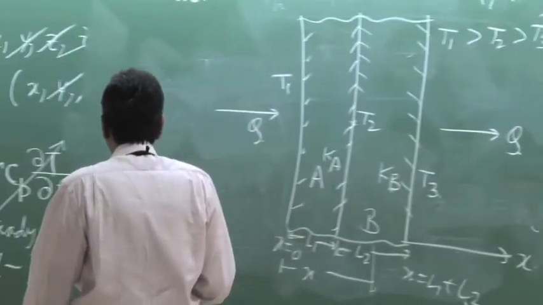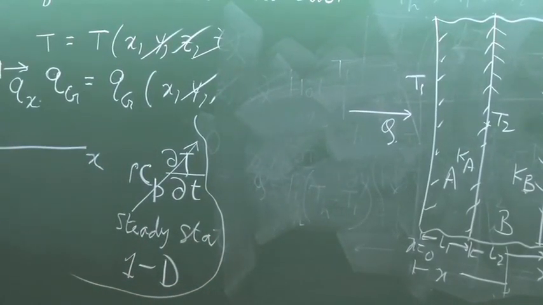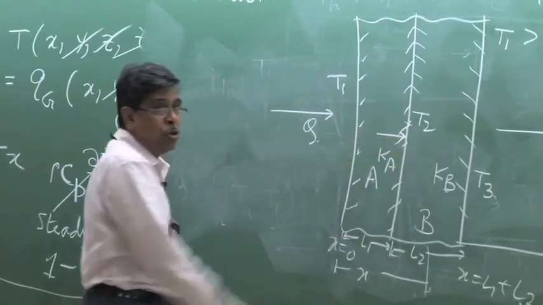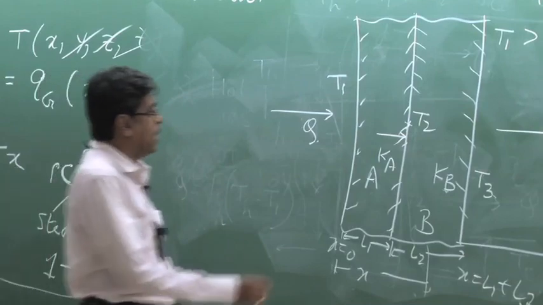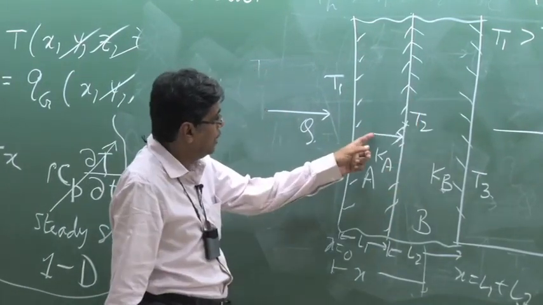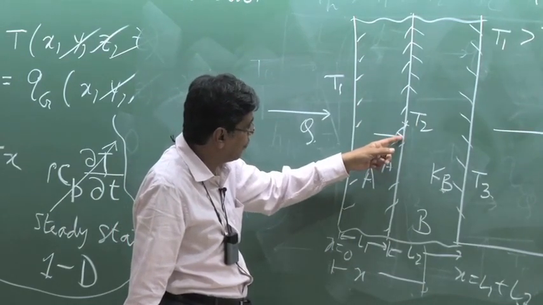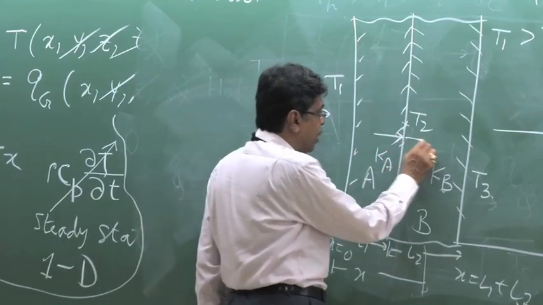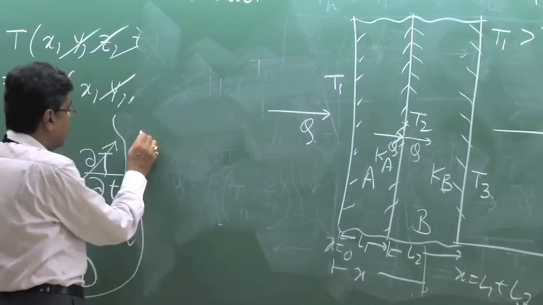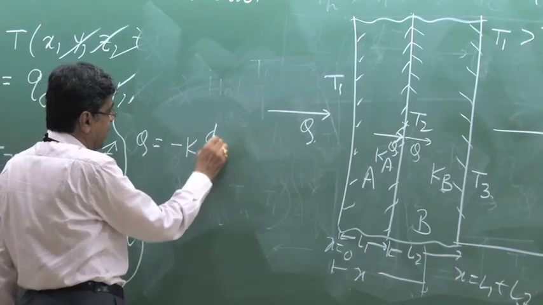The slope is rather found from heat balance: the heat coming from material A to this surface, and the same heat flowing on, is the same Q. So one can write Q equals minus K dT/dx